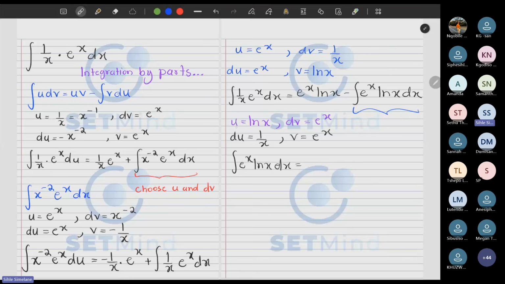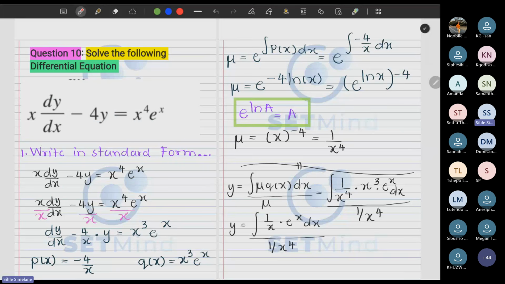Which is going to be what? e to the x, ln of x, and then minus the integral of what? v du, which is just 1 over x, e to the x dx. So if you think carefully, if you take this here and you plug it there, it gives us 0 equals 0. So this integral seems to be circular. So